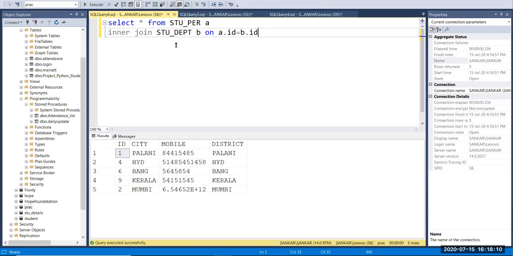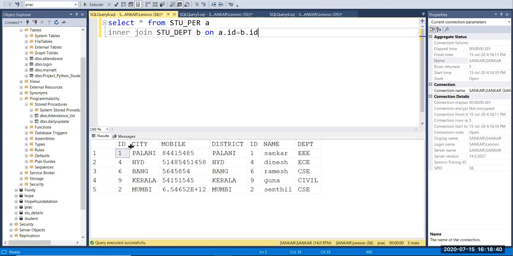Now I'm going to run this. You get only 5 rows, because inner join is used to combine the tables by using the matched columns. In stu_per we have only 5 records, so it checks which records have a match and then prints them.